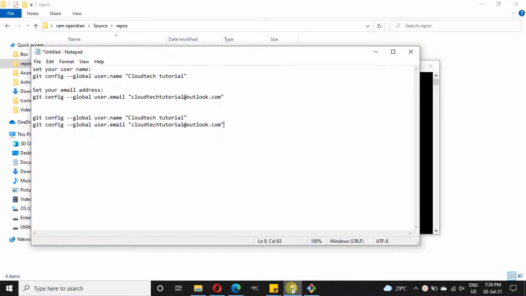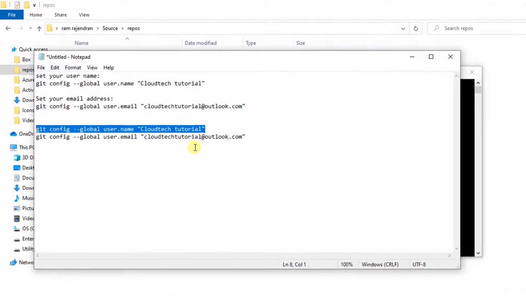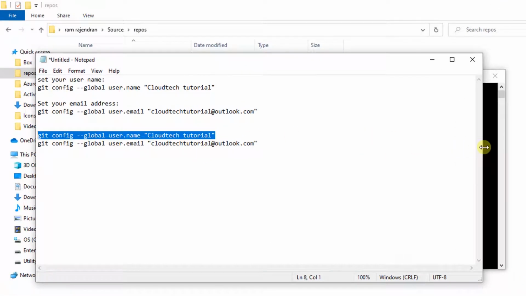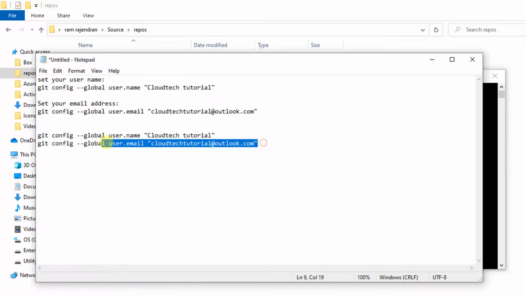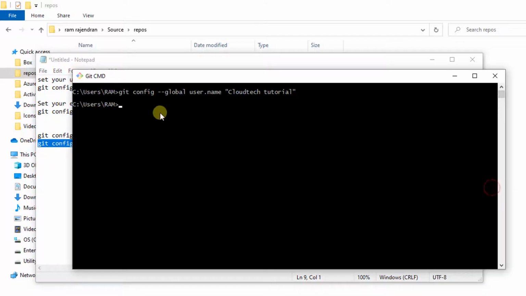I will be posting these two commands on the video description. First one is used to set your username. So just copy this and execute. And next one, you need to set your email ID. These are mandatory steps needs to be done after installing Git. So please do follow them.